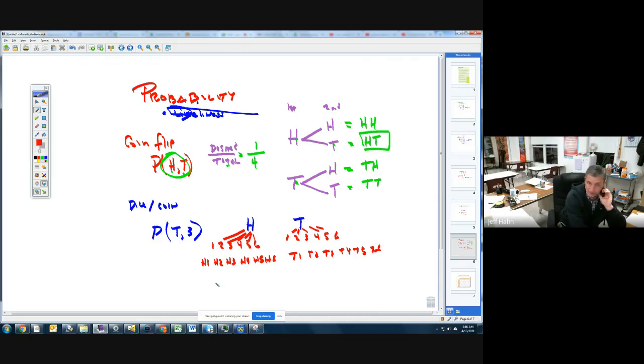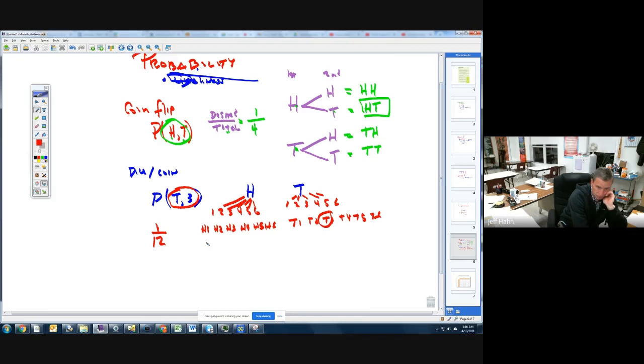So if you look at this, how many different combinations there are, you would count, there would be 12 combinations. Okay, and then how many of them are tail 3? Well, it's right here. There's only, again, one of them. Now, I could ask you, it doesn't have to be as specific as that. I could ask you to give me the probability of a head and an even number, in which case I still have 12 outcomes. But how many are head even? Head 2, head 4, head 6. So 3 out of 12, which is 1/4.